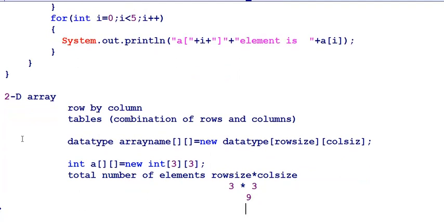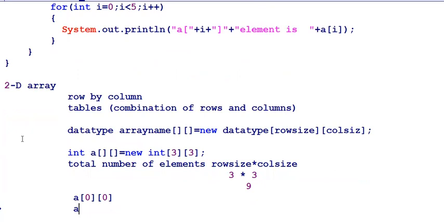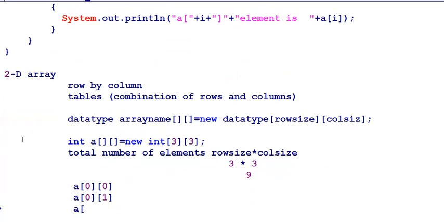How will the 9 elements be positioned? In A of 0, 0, that is the 0th row and 0th column, the element will be placed. Next, the zeroth row and first column. Next, the zeroth row and second column.